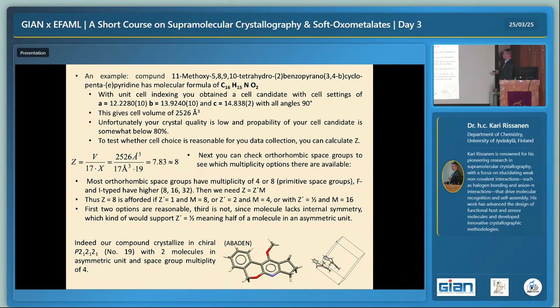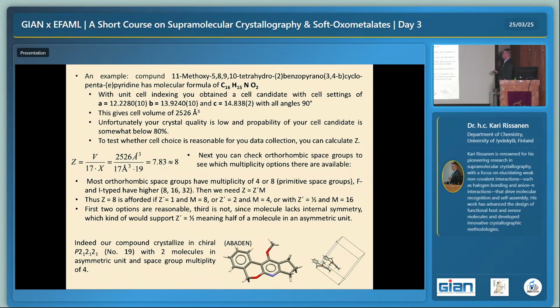The program tells us that a, b, c are all different, and all angles are 90. So you can see that this is not the same as this, and this is not the same as that, but all the angles are 90, so it's orthorhombic. Normally the computer program already tells you that it seems you have an orthorhombic cell. And this calculation gives you the volume of